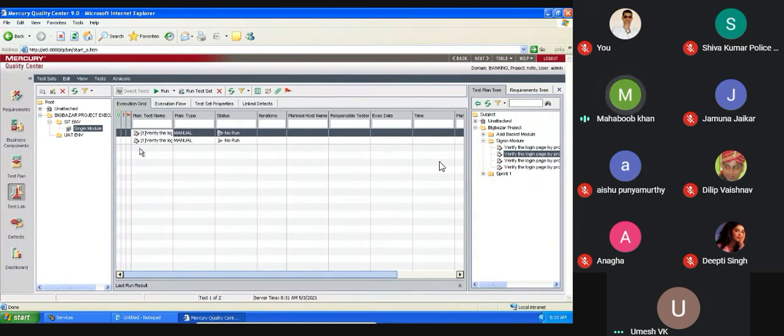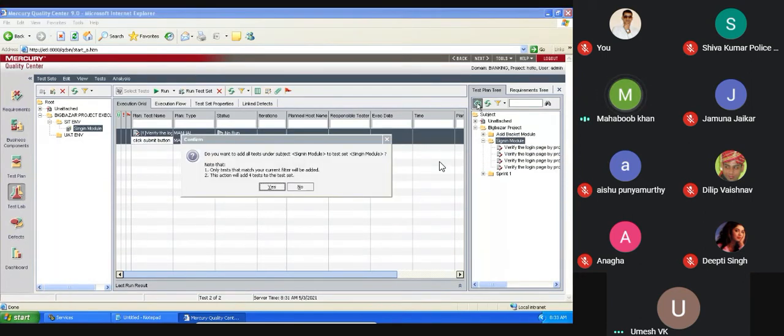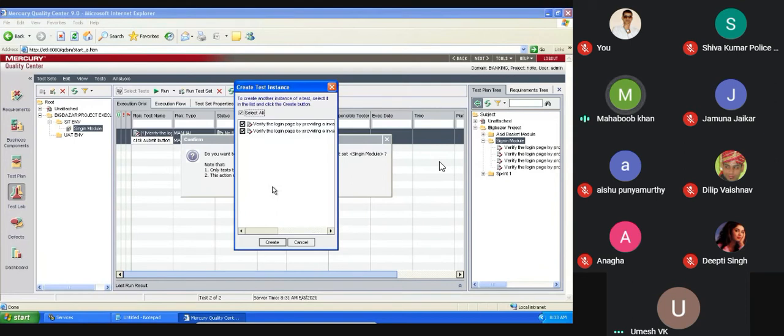Or if you don't want to select individually, if you want to copy the whole module, yes, select the module, then give the left arrow mark. It is asking, two were already there, and can I? Yes, I'm telling it to get rid of this. So when you see, to create another test, select the test that you have created.